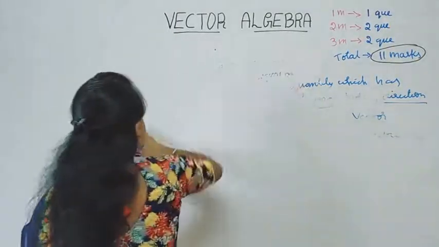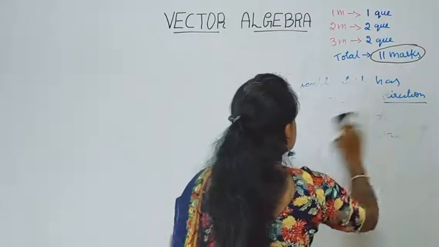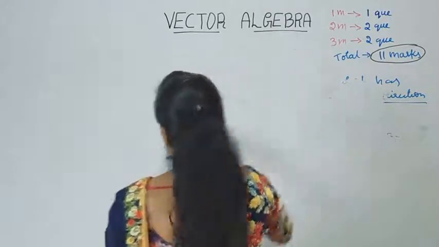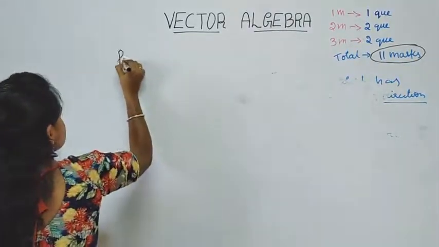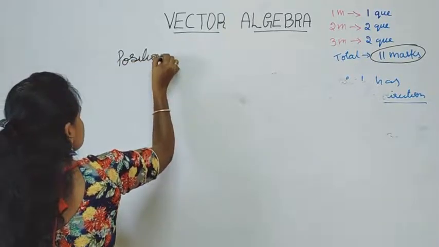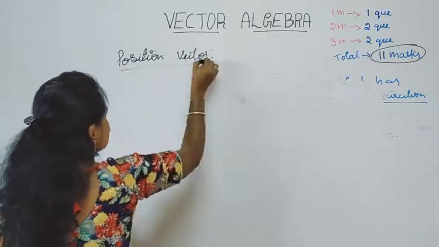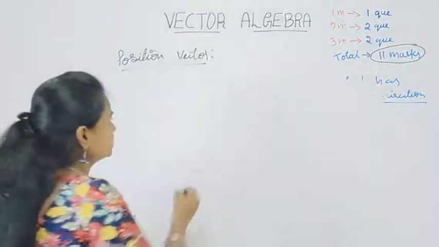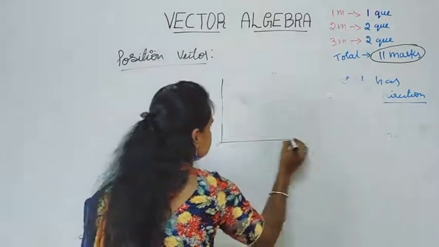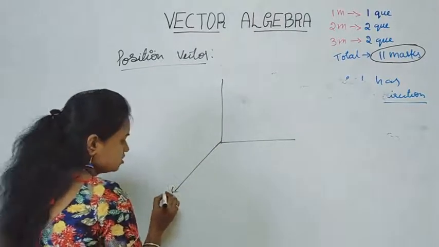if I consider three-dimensional coordinates, so the next topic is position vector. Position vector. So what do you mean by a position vector? For that I consider three-dimensional coordinates, right? So this is x